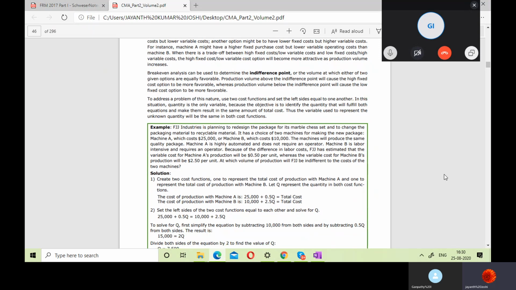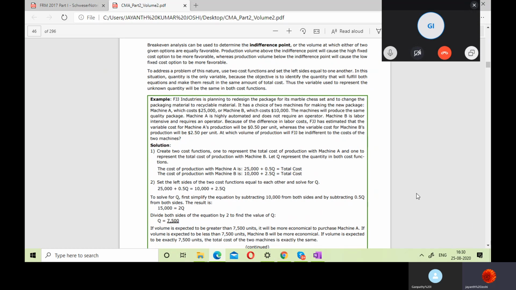And break-even analysis is the indifference point. So now FJJ Industries is planning to redesign the package for its marble chess set and to change the packaging material to recyclable material. That means they want to redesign the package the way they used to package previously, for its marble chess set, and now they want to change the packaging material